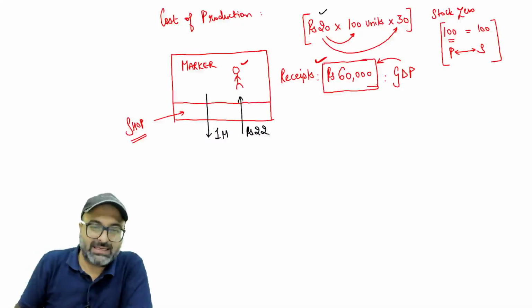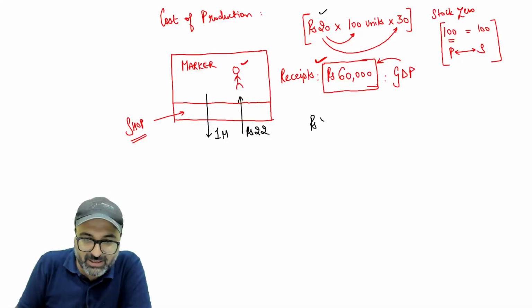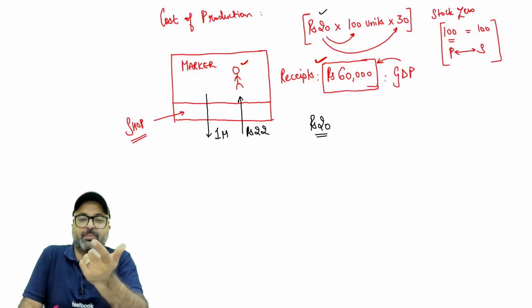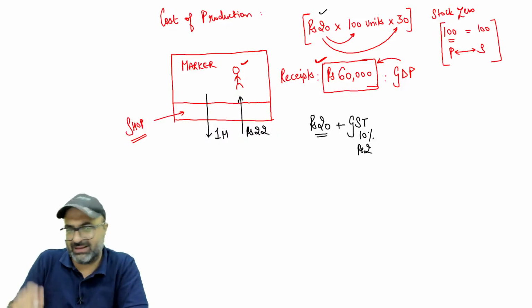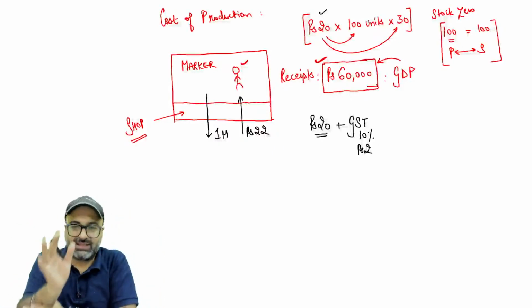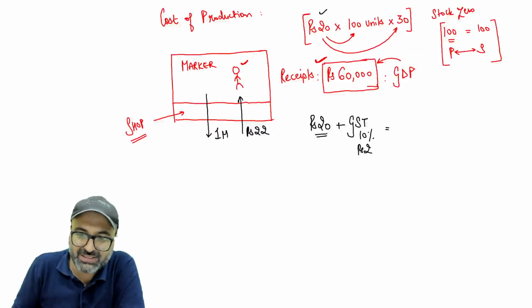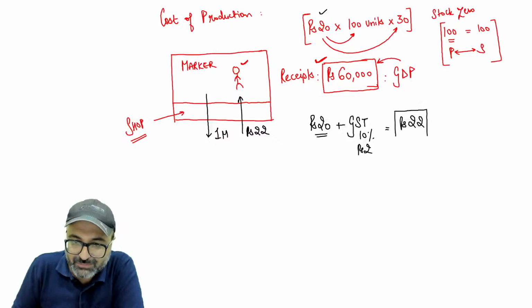He said, no, don't worry. Listen to me. 20 rupees is the amount which I receive. But the moment I sell the product, there is a term, GST, which comes into the picture, and let's suppose GST is 10% on this product. I also know there is no slab like 10%, it's just an example. So 2 rupees is the GST. So the value is going to be 22.